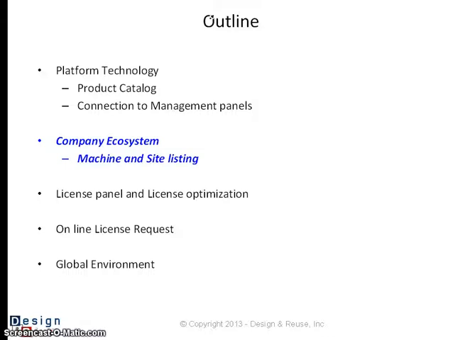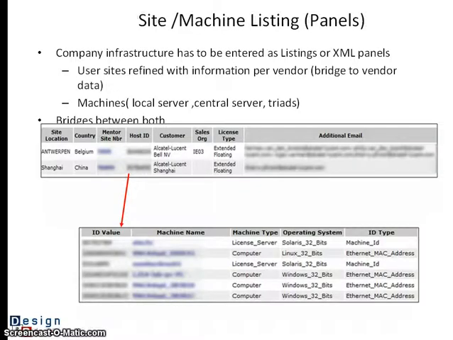Okay, having in mind this technology from the NR, cataloging and panel going back and forth, you have first to describe the ecosystem of the company. You can think that it's easy to have user sites, except that you have user sites and information per vendor. So you have a user site, it's written Belgium, Antwerp, but it's immediately a mentor site number with data which refers to the mentor relation. You have additional emails and so on.